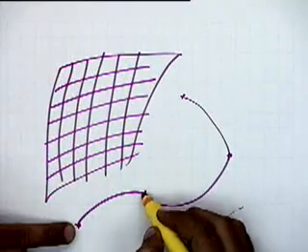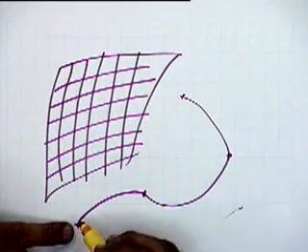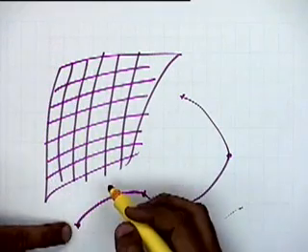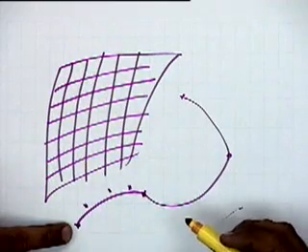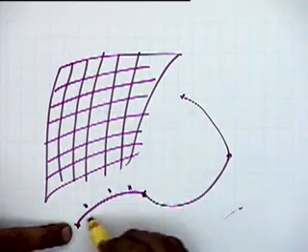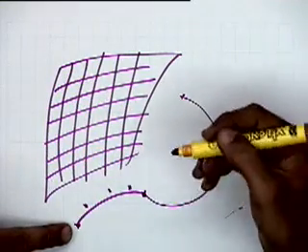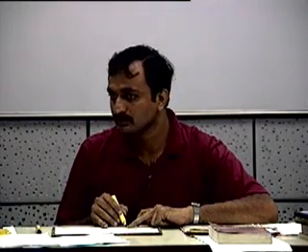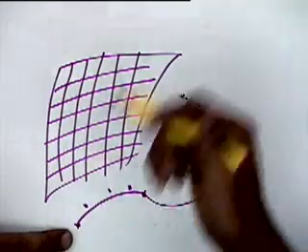If we have a curve starting from this point, ending at this point, you're right, if I just specify 2 points, I can only have a straight line between them. But if I have a set of control points, I can have a set of points here. This is a set of control points which define this curve. Then I can have a curve either as a cubic curve or a higher degree polynomial curve, depending on the modeling technique I am using. If I am using 5 points, if I am using 10 points, I will have a curve of the corresponding degree.